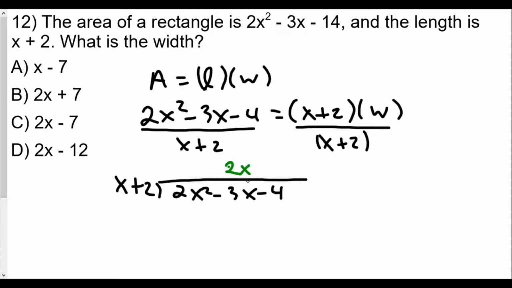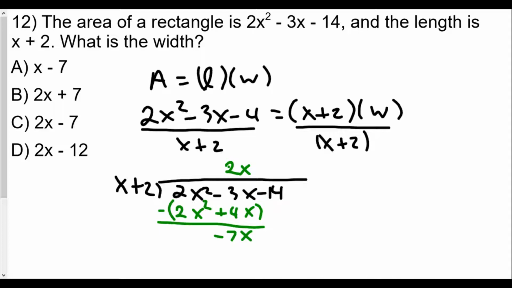So 2x times x plus 2 becomes 2x squared plus 4x, and we're subtracting. And negative 3 minus 4 is negative 7x. And from here, this would be 14, again, early in the morning, ladies and gentlemen,